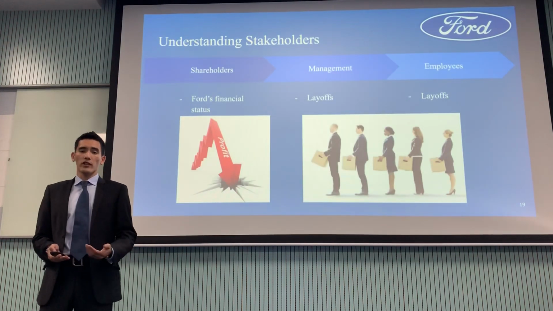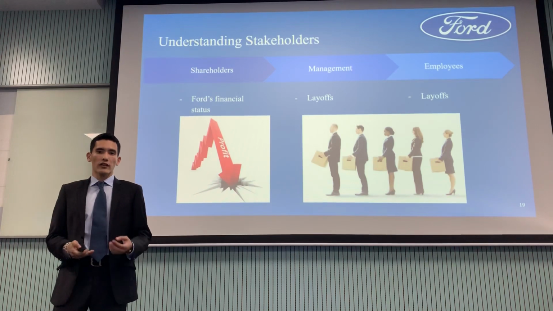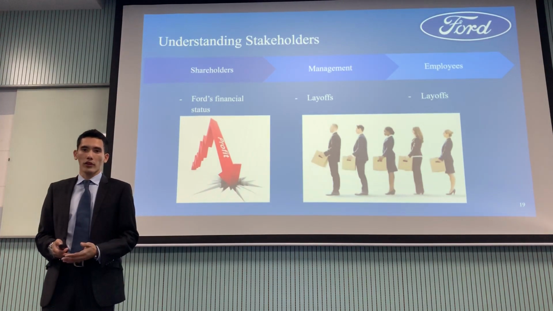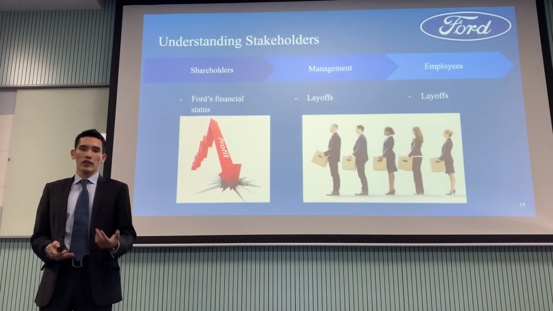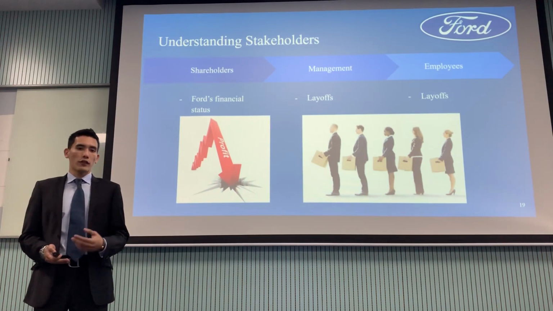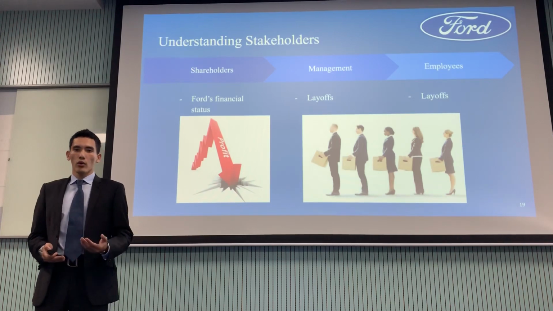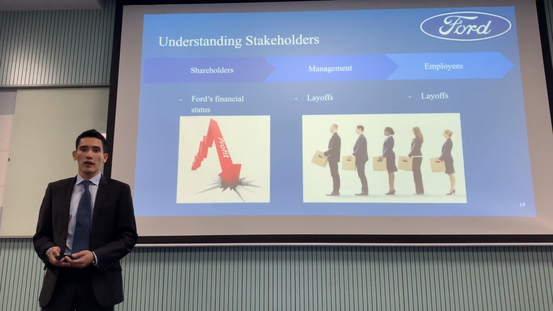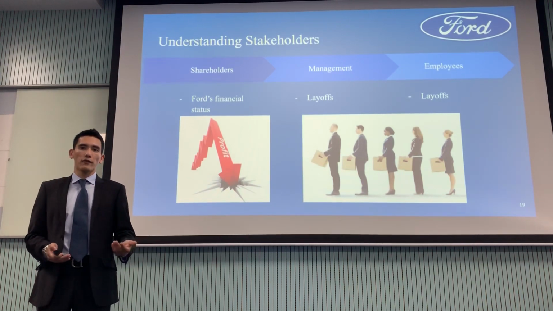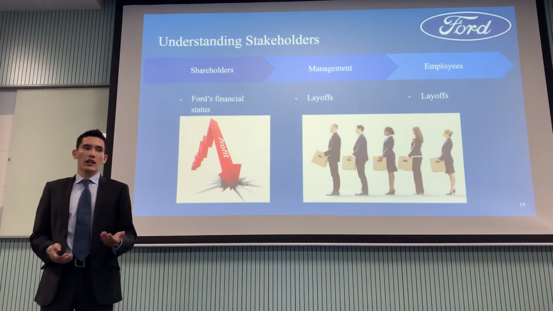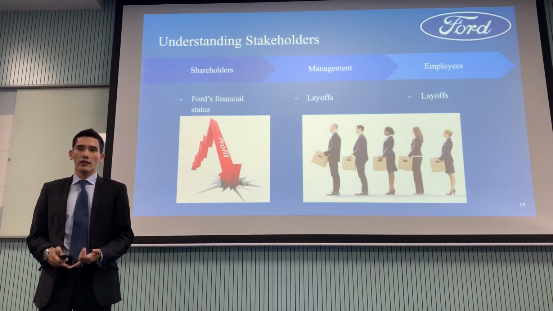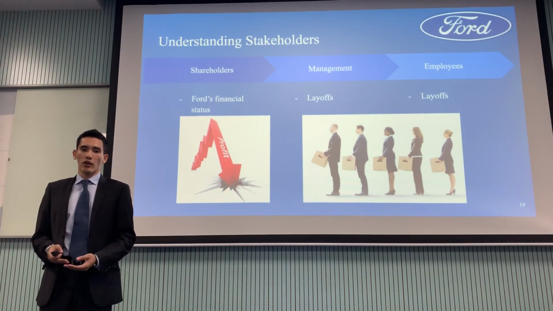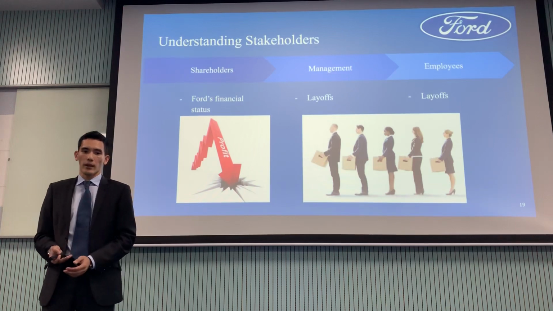So on to the second step, which is understanding stakeholders. This allows us to put ourselves into the stakeholders' point of view, and understand their concerns and the critical issues that they may face. So for the internal stakeholders, we have shareholders, whose main concern is Ford's financial status. Due to the negative impact of the airbag incidents, this led to a downfall in Ford's reputation. This led to a decrease in the stocks, as well as a decrease in sales, diminishing revenues and profits. This in turn reduces the shareholders' earnings as well as dividends at the end of the year.